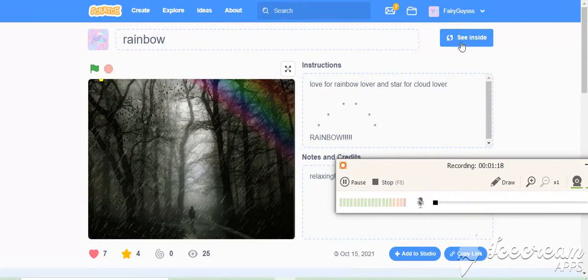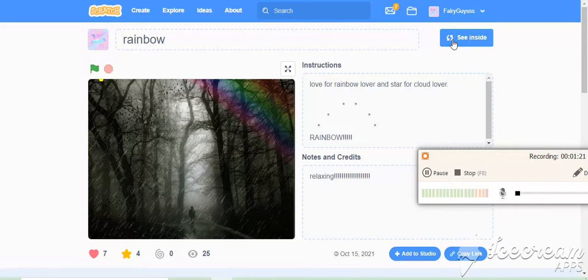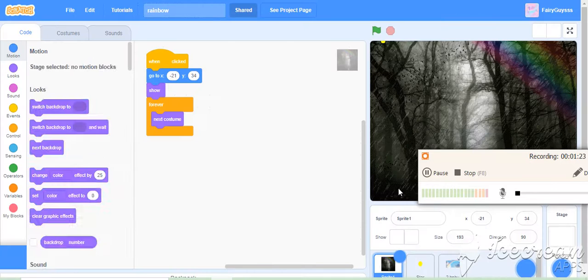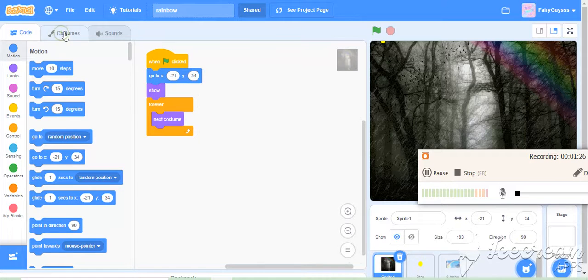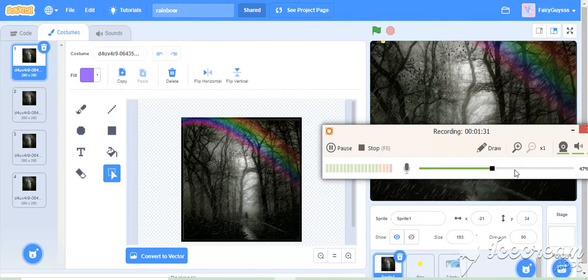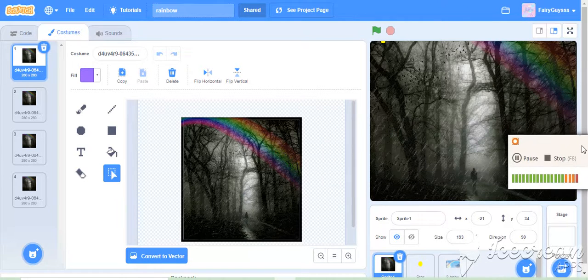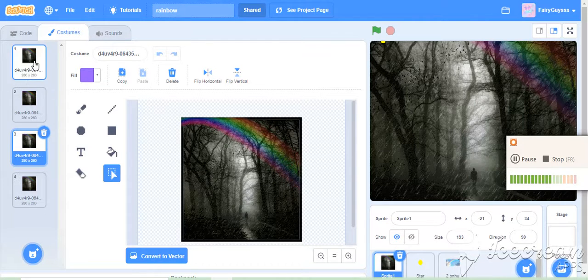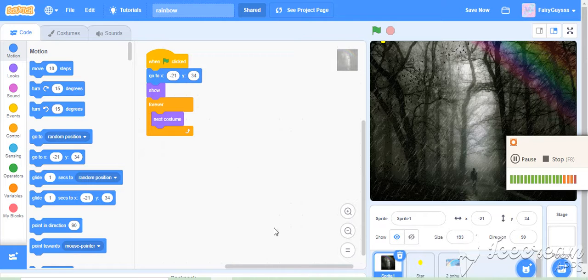Okay guys, so let's see how to make it. So you need a GIF. First you need a GIF like this. I just uploaded it from Google. You can get any GIF like this. It is just rain. Okay, and this is the script of the sprite, and you know that you can do